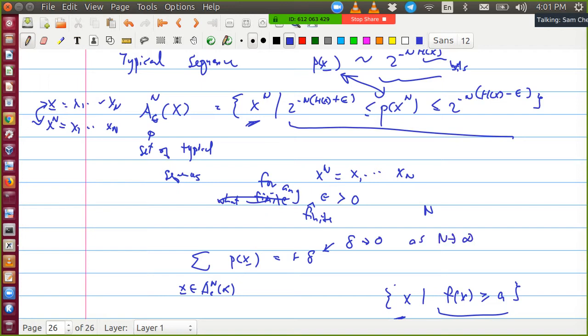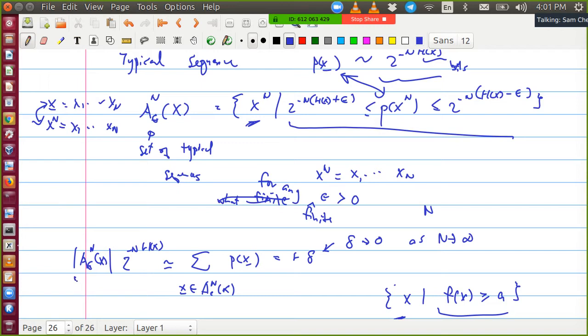And because of that, if we write it like this, p(x) will have probability approximately 2 to the minus n H(X). Yeah, that's right. So you sum over, and this probability can be pulled out, and you have how many of these? You have the total number of typical sequences. Let me denote that.